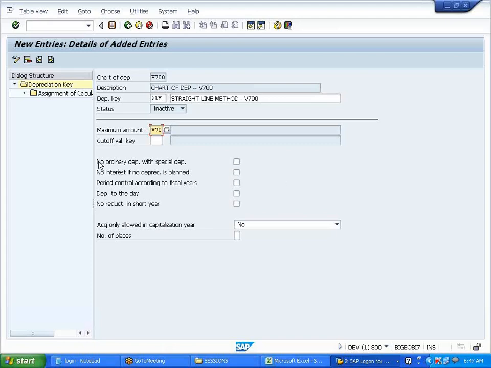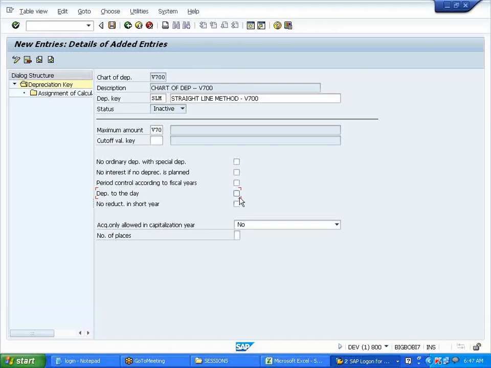Let's see. Can you see here, depreciation to the day? Somebody was asking just now, I want to calculate day-wise. If I purchase on January 15th, it should calculate from the 15th day. So you select this, day-wise. But you said it is not possible, right? You don't normally do it.